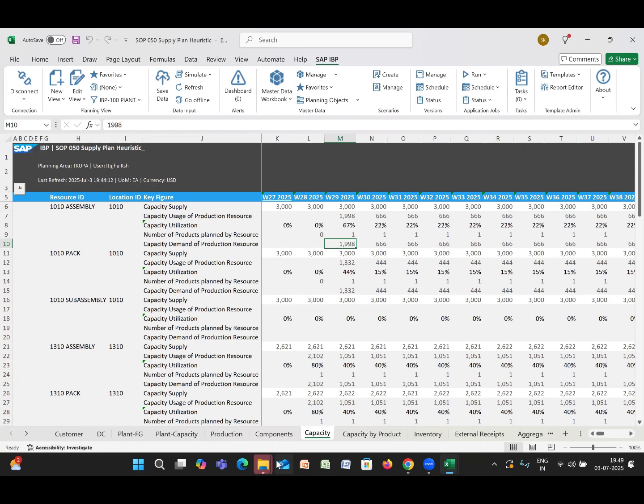So the first tab is about the process, the supply planning process. So these are the process steps of supply planning. So the first process step is,